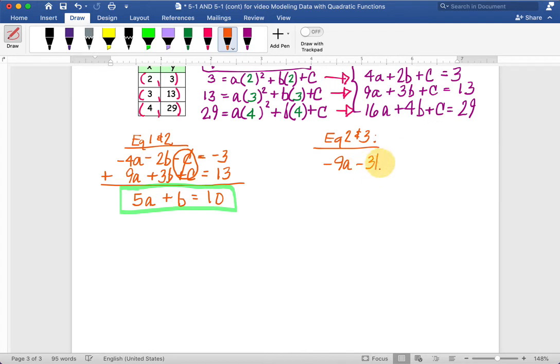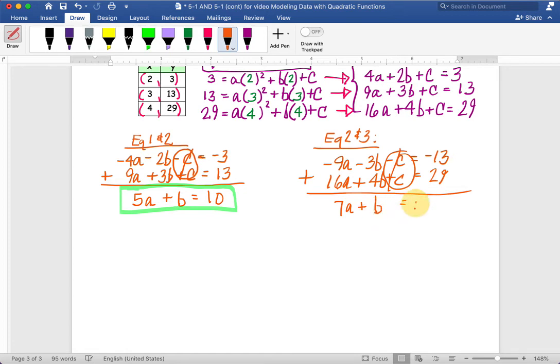Subtract 3b, subtract c, equals negative 13. 16a, add 4b, add c, is 29. I have my opposites, cross them off. I want two equations with just two unknowns, the a's and the b's. So the difference between 16 and 9 is 7. This is 7a. Difference between 3 and 4 is 1 plus b